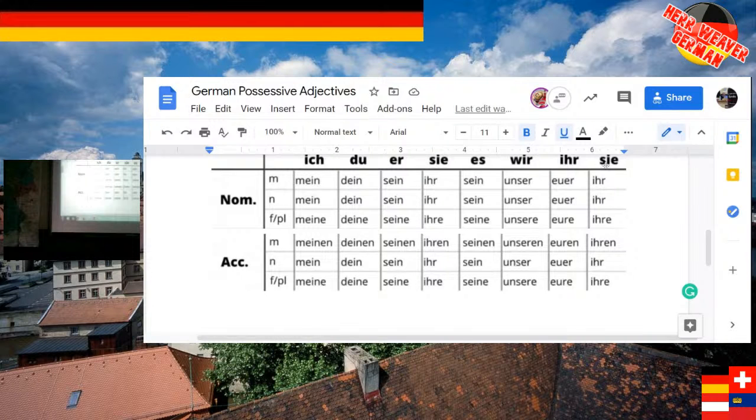And in this case, it's her boyfriend, something like that. So, I met her boyfriend. That would be a case right there. But masculine accusative gets an en ending. Okay, that's what happened there. What do you think? Okay, feminine plural, what are you going to put on there, no matter what the case is?